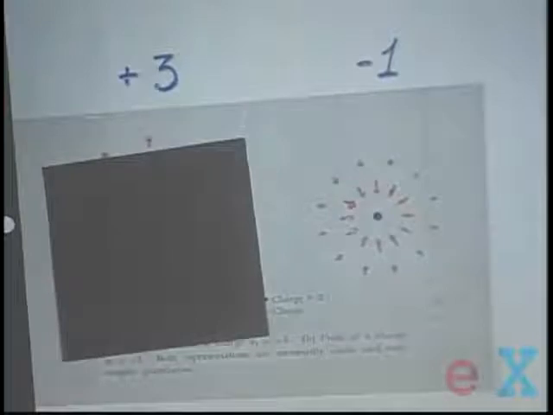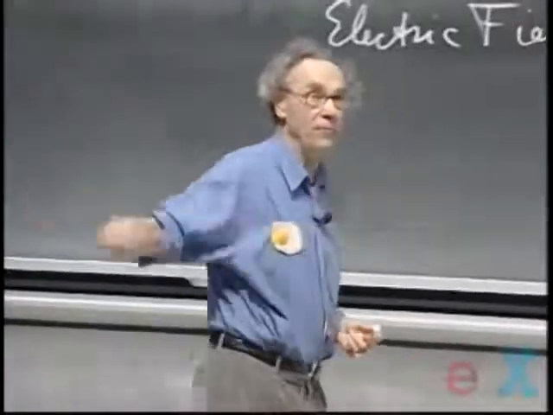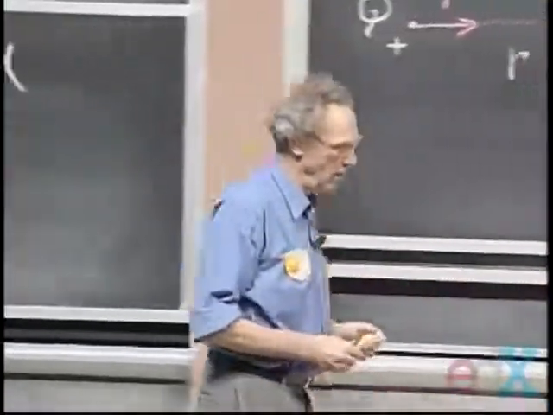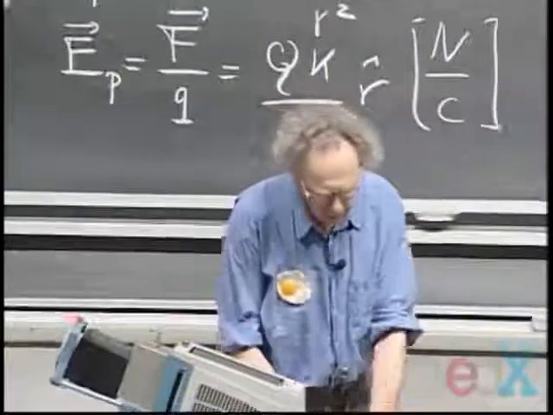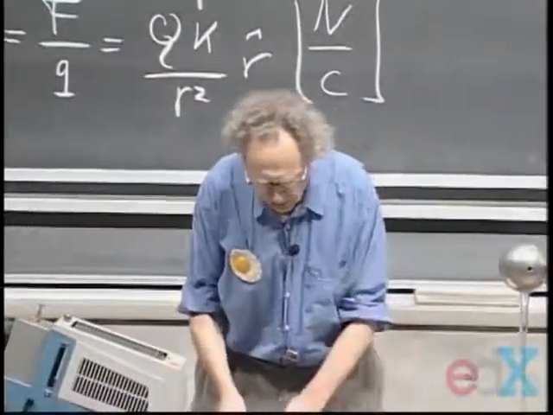And you see now that the E field vectors are reversed in direction. They're pointing towards the minus charge by convention. And when you go further out, they are smaller. And you have to go all the way to infinity, of course, for the field to become 0, because the 1 over r square field falls off, and you have to be infinitely far away for you to not experience, at least in principle, any